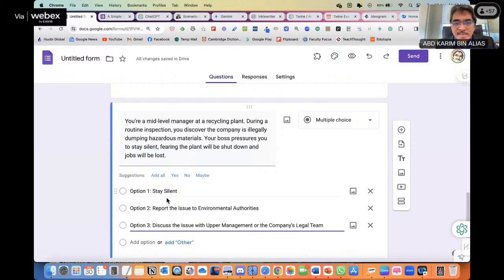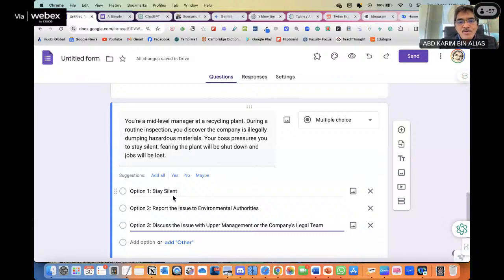So when the learner chooses any of the options, they will be presented with, or they will see, the outcome of choosing this option. And then we, as the scenario designer, will give them some explanation about that particular outcome, and then a hint for them to try again if that option is not the most appropriate.